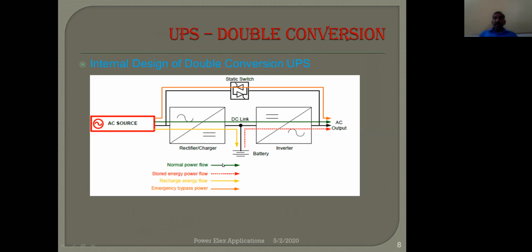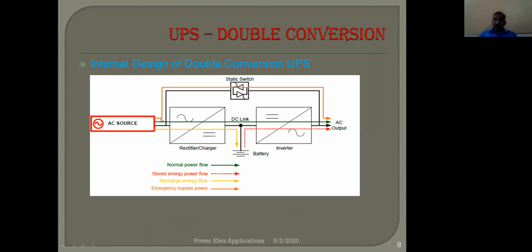When mains fail or this controlled converter fails, this stored energy is released and through this inverter it will be converted back to AC and fed to the output. This is stored energy power. But suppose this inverter itself fails, then though you do have a battery and an AC source, your load will not get anything because the link is broken.